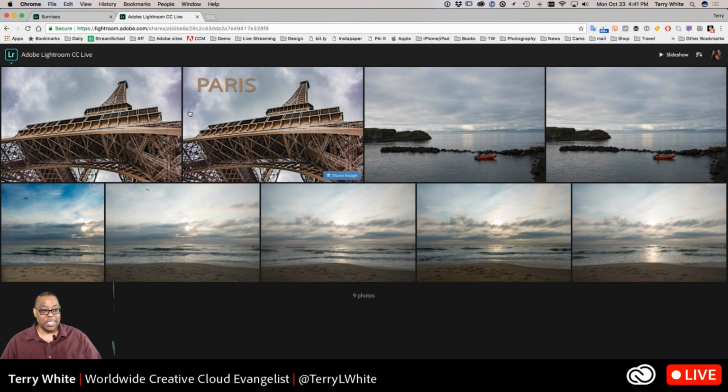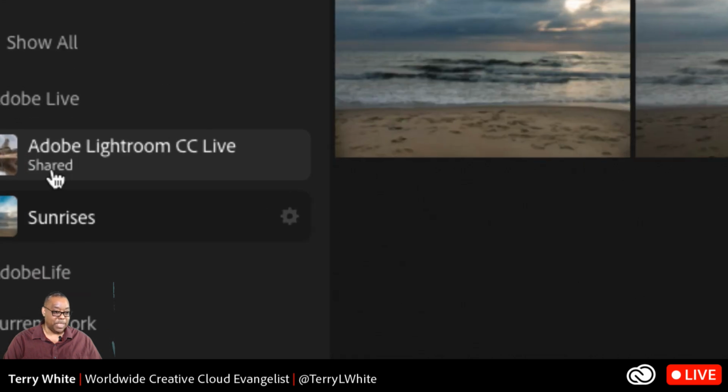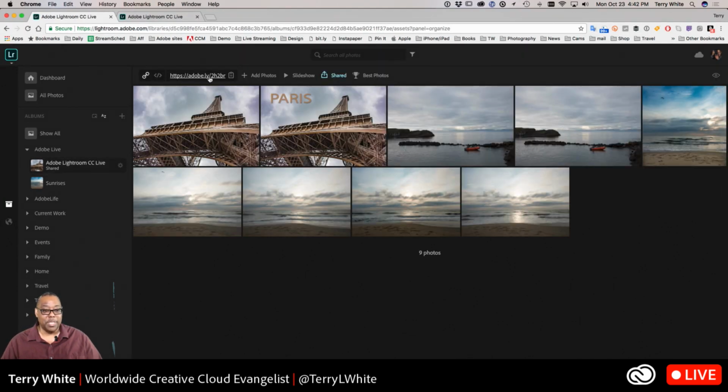Now, if you want to take it up a notch, you also have the ability on your Lightroom web, let me refresh this, to actually do more. And it tells me that that particular album has been shared. So I have the ability to go into that shared album, it shows me the link for it, and I could even go in and